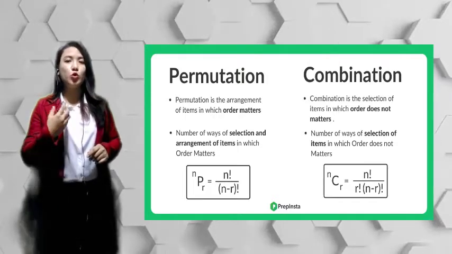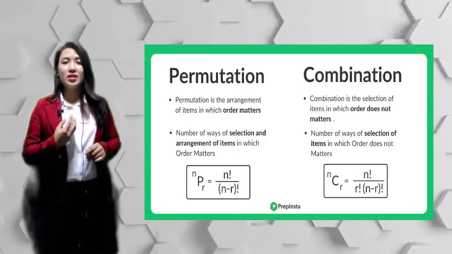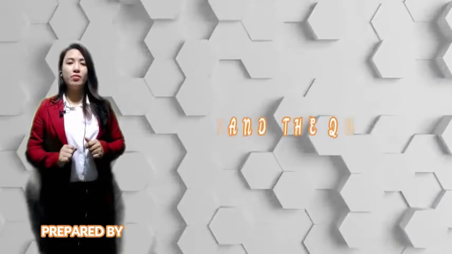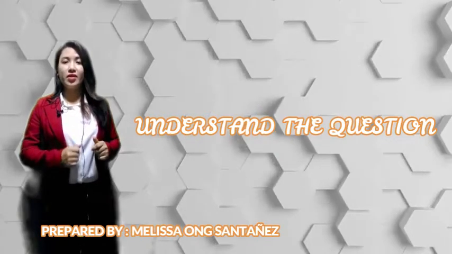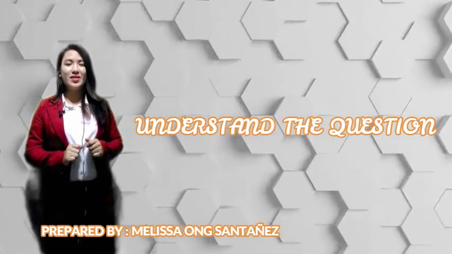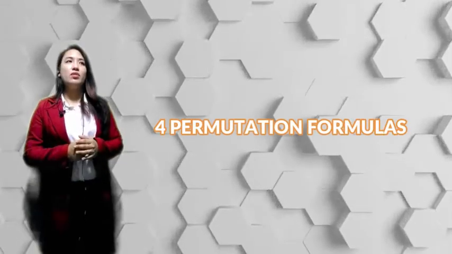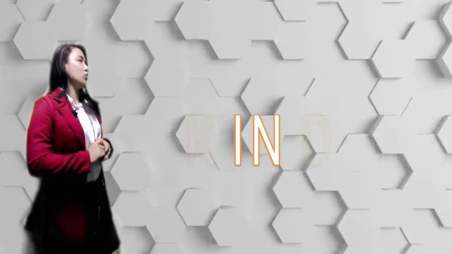So if you know how to understand and interpret the questions enclosed in a problem, then you would be able to answer whether it's a combination or permutation. Now, for the formula of permutation, we have 4 different formulas in there, so don't be confused. Just understand the problem. For example, in the word kind, we apply the first formula for permutation that says